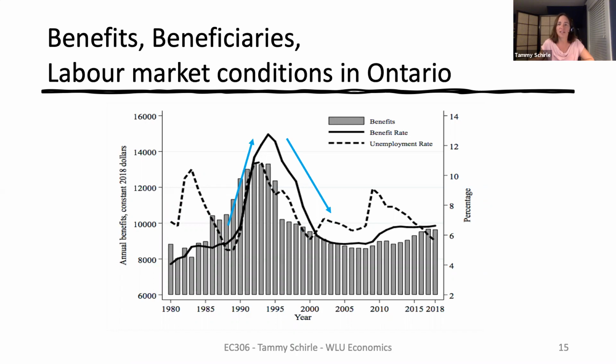Overall, it's important to recognize there are many factors at play when thinking about these decisions. And while our basic model of labor supply can be used to inform policy design, we need to be mindful that these policies do not work in a vacuum. Real life is always much more complicated.